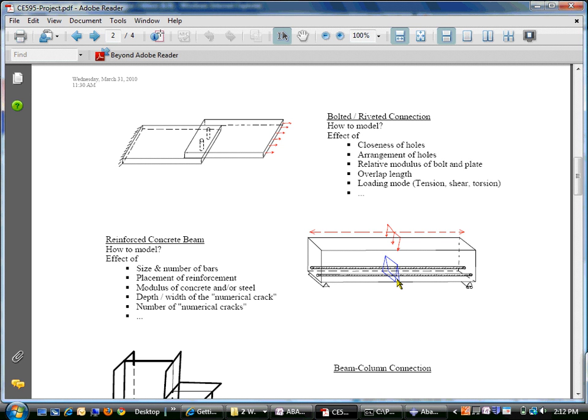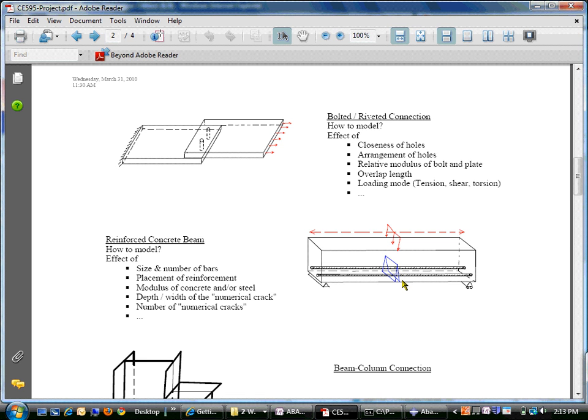Concrete does not have much strength in tension, right? So at this point, ideally, the concrete should have cracked, and the entire load should have been taken by steel. But if you use a linear elastic material model, that is not going to happen. So to model more accurately the behavior of these reinforced concrete simply supported beam, you can introduce a small numerical